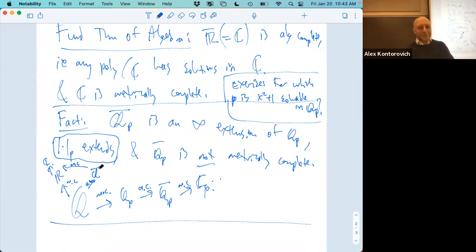So if you close algebraically and then you close metrically, now you want to see if that's algebraically closed with those coefficients. That's a pretty funny thing. It might be that it jumps straight to C_p. I don't remember. I think if you close algebraically, you get a non-canonical isomorphism between C_p and C. Yes, non-canonical. Anyway, this is not what I want to talk about, but it's good to know and fun to play with.